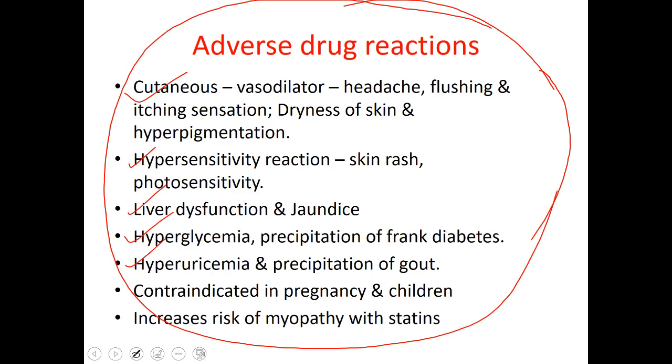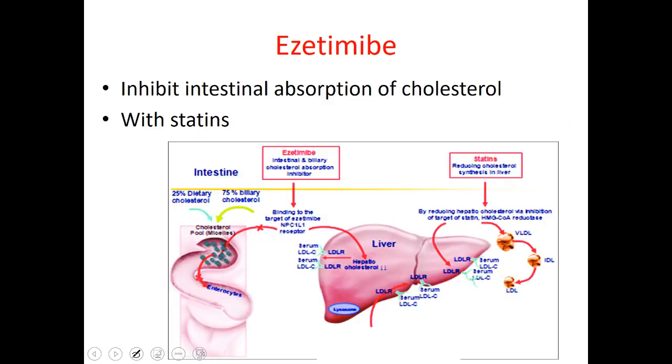Mostly the experts would choose a subgroup of patients who do not respond to other drugs. Then they may consider initiating niacin as add-on. So with that, we complete the major drug classes used for hyperlipidemia. There are two more individual drugs which are used as add-on, right? So they are combined with statins.